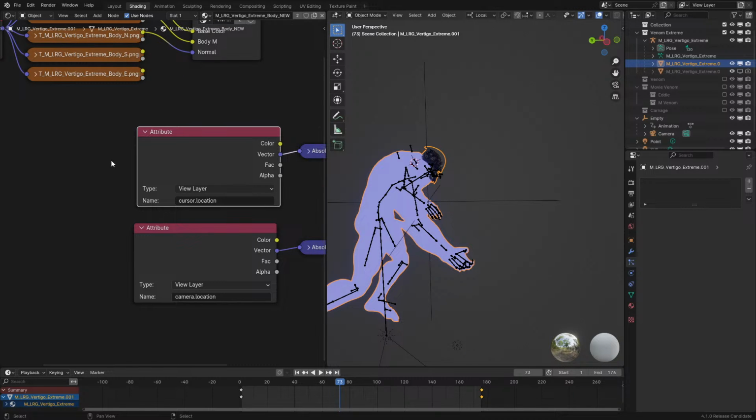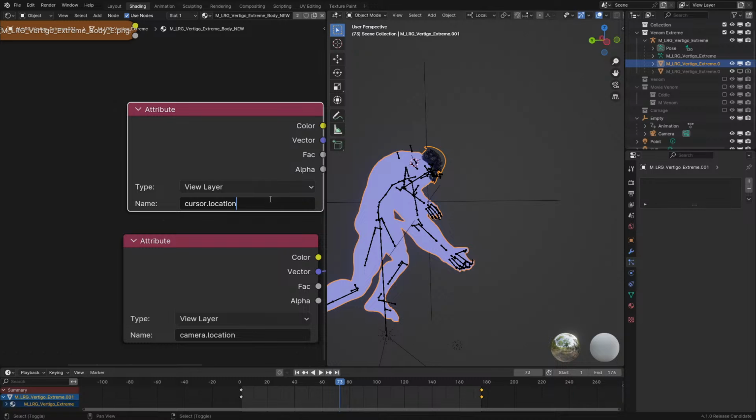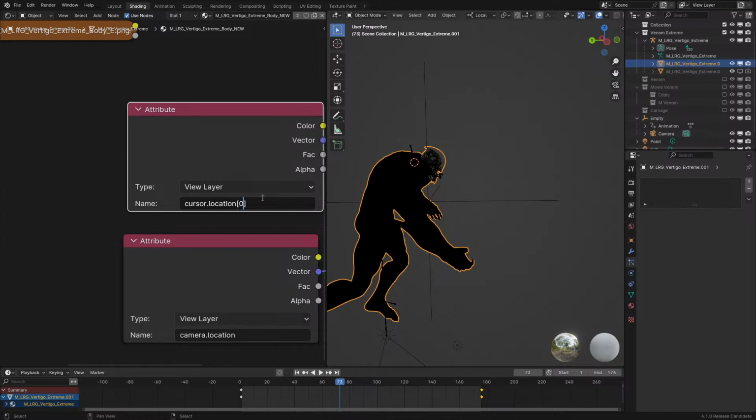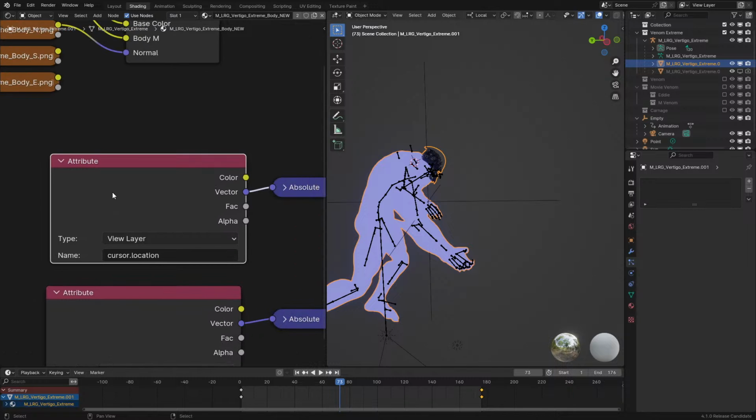Drivers only can affect floats, integers, and booleans, which means that if you want to get a vector for this, you would have to use the X location, the Y, and the Z. I am forgetting how you get the individual axes. But you'd have to get each one individually, and when you copy a node with a driver on it, the driver breaks, and sometimes in node groups, drivers just break, which is very unfortunate,